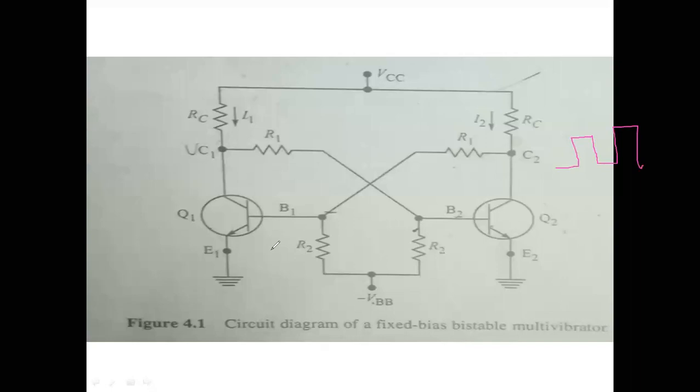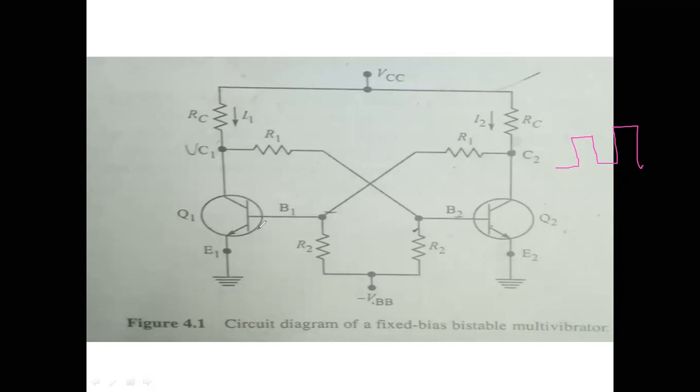I think in the third or fourth topic you may come across the triggering circuits, symmetrical triggering circuits or unsymmetrical triggering circuits. There you will get more knowledge regarding these triggering circuits. Therefore, briefly, what I have explained in today's class is that a bistable multivibrator consists of two transistors Q1 and Q2, and these two transistors will be operated either in the on state or off state.